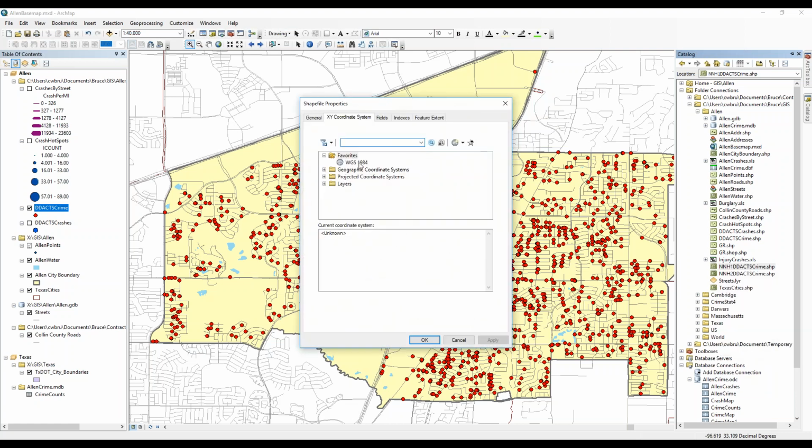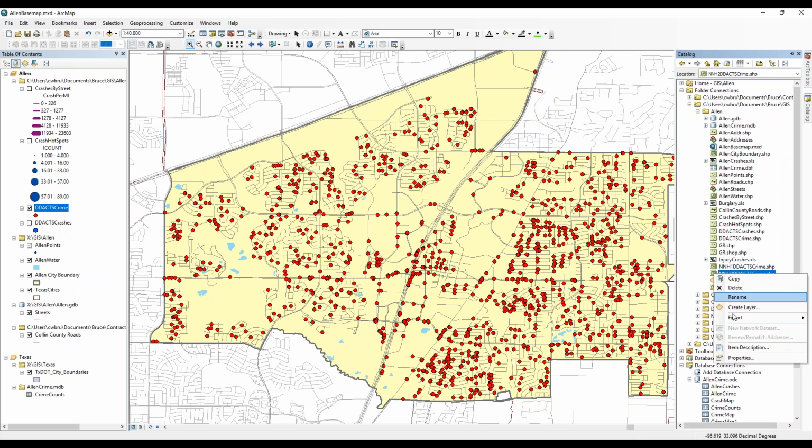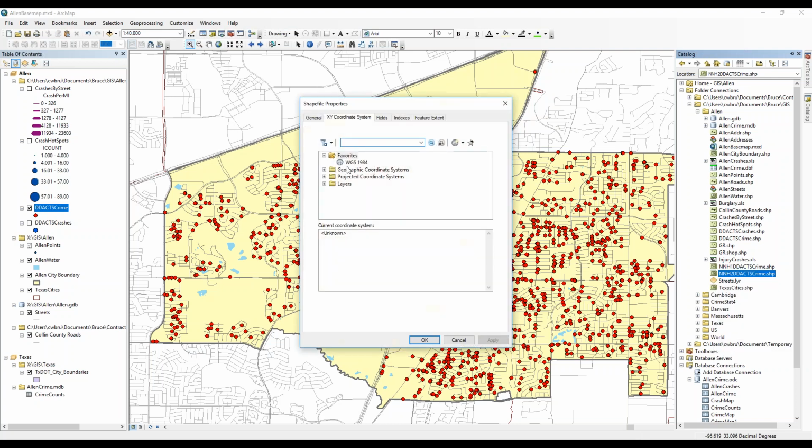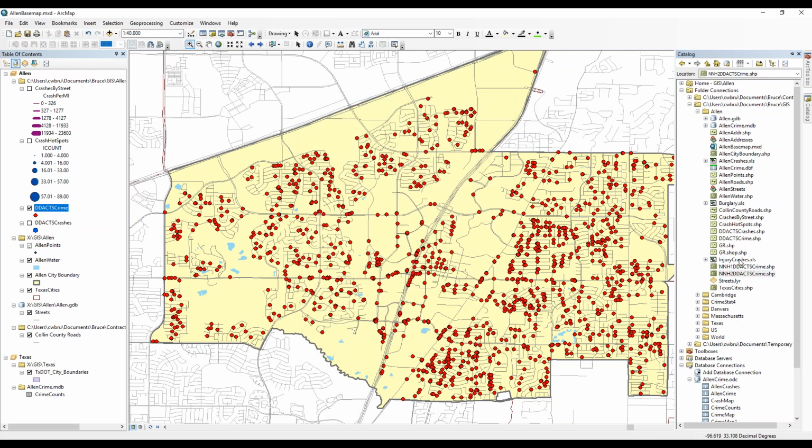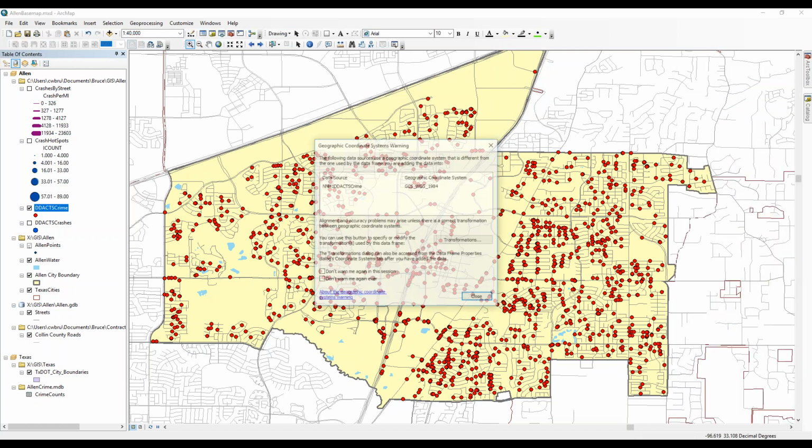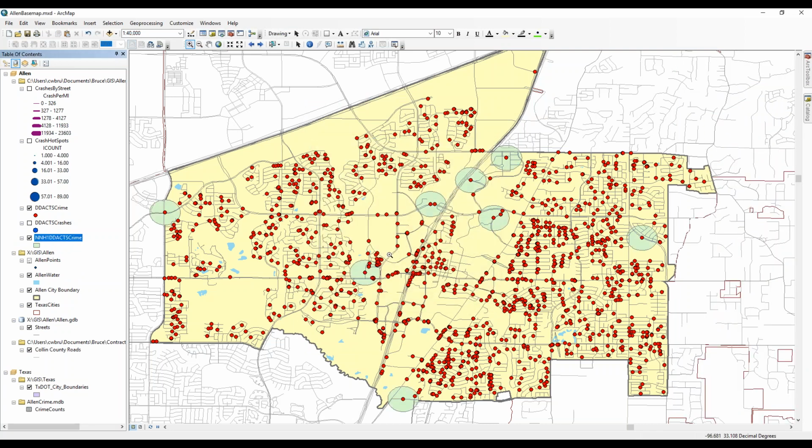So I go into properties, and I'm going to tell it, because it's part of my favorites already, yep, that uses WGS 1984. Same with the second one. And now when I drag it over, the ellipses will appear on the map. Now, there's a couple of odd things happening here. The fairly large ellipses that you're seeing